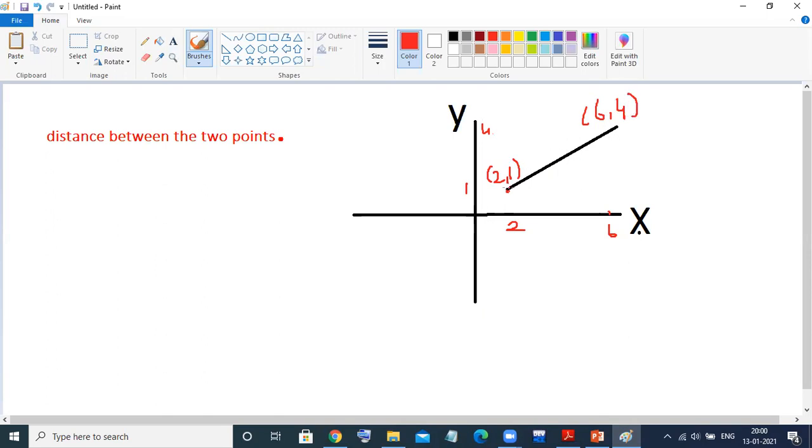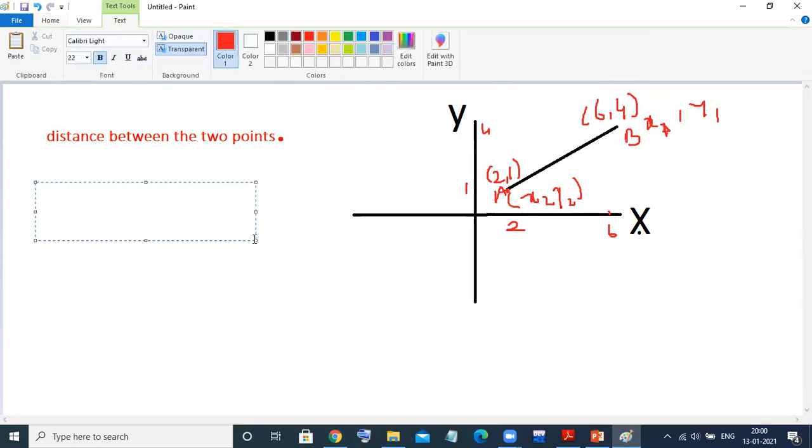So now I want to calculate the distance between these 2 points. These points are nothing but x1 comma y1 and x2 comma y2. We need to calculate the distance from point A to point B, and we have a formula to find the distance between 2 points. What is that formula? Let us first check that one. The formula is very simple. Distance equals to